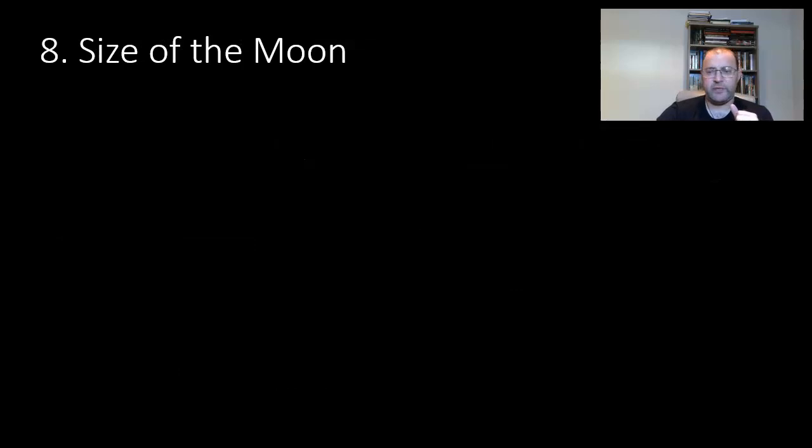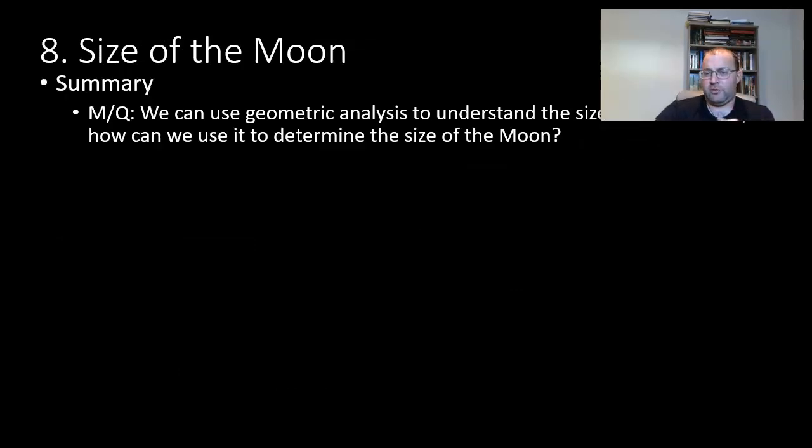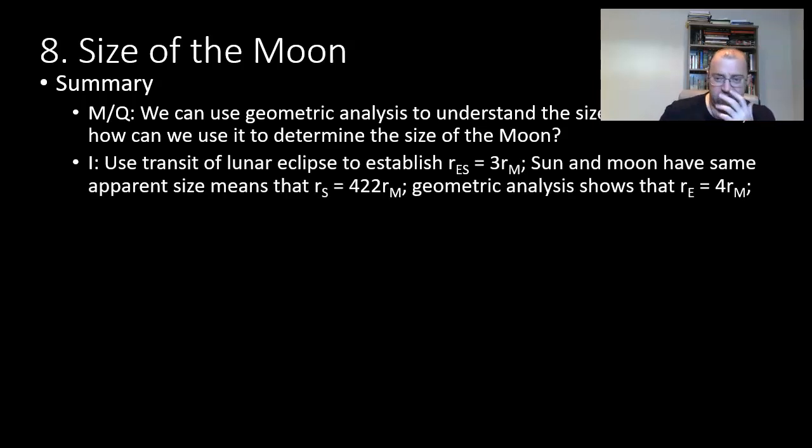I think the next one, actually. Yeah, size of the moon. So the basic summary goes here. And the idea is, can we use a similar sort of geometric analysis to not just determine the ratio of the distances from the Earth to the moon and the Earth to the sun, but can we figure out the sizes as well? And the idea is that we use the transit of the lunar eclipse to say that